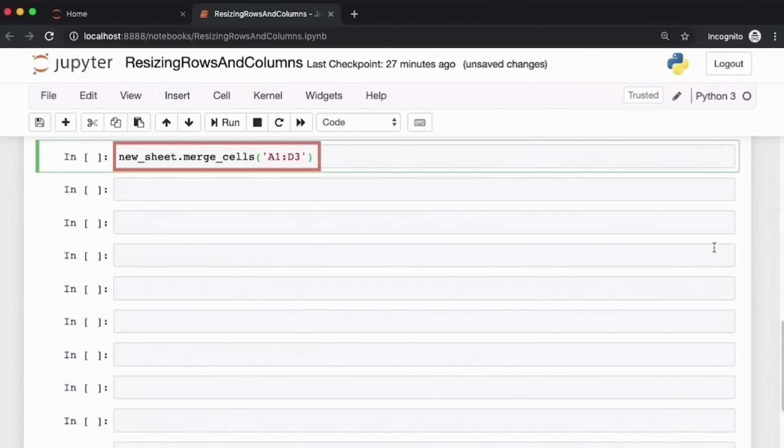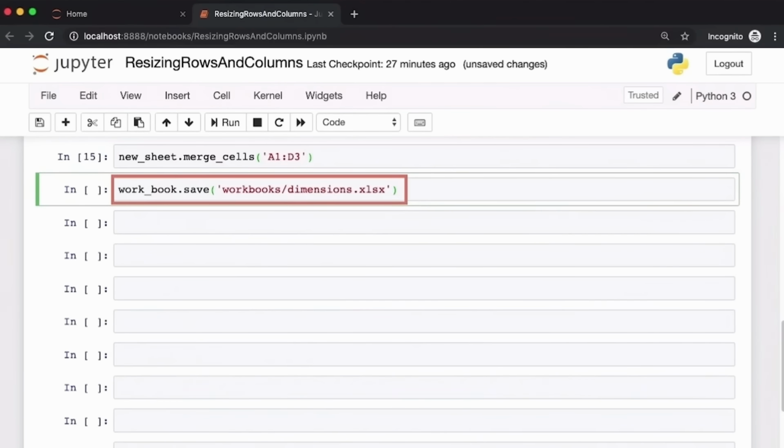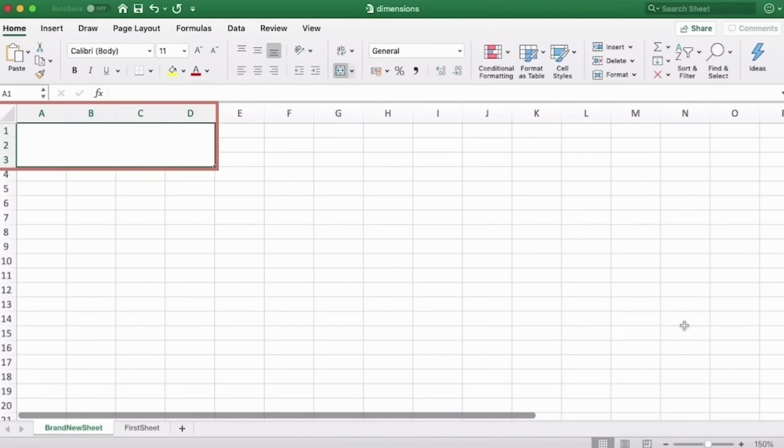So we invoke the merge cells method on the new sheet object. We've got to specify an input argument, which is a string representation of the cells that we wish to merge. Here, those cells are A1 through D3. So let's go ahead and execute this command and then save our workbook. If we now switch back and reopen our Excel file, we can see that cells A1 through D3 have indeed